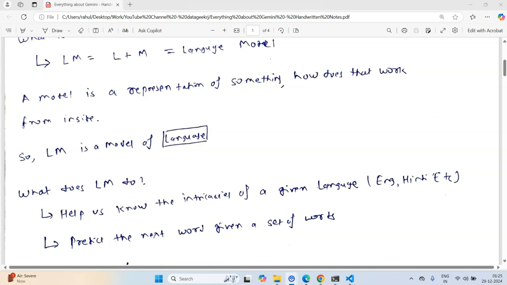Now what do we want to achieve by modeling the language English? This LLM is quite a new topic, although it's been around for I guess four to five years, since OpenAI first launched its GPT model.